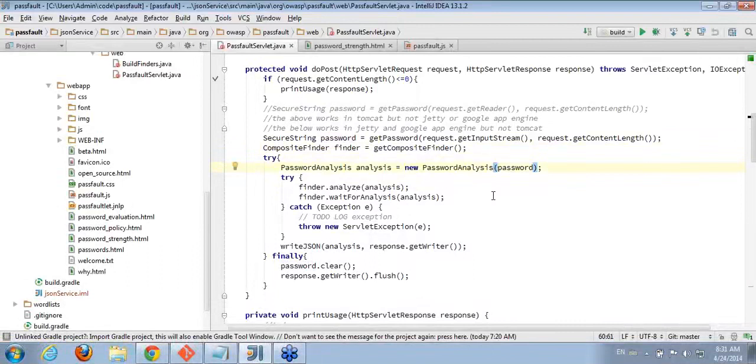The password analysis holds the result of the analysis. Here we analyze the password. We wait for that to complete because it is non-blocking. Then all the results will be stored in this analysis thing. We write the analysis out in JSON so that any clients can use it, and then we're done.